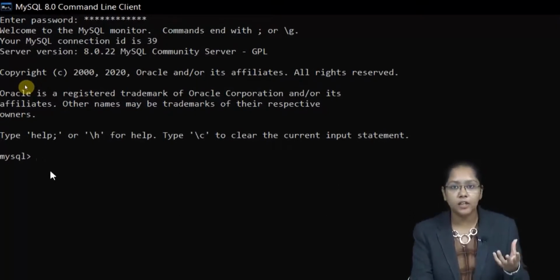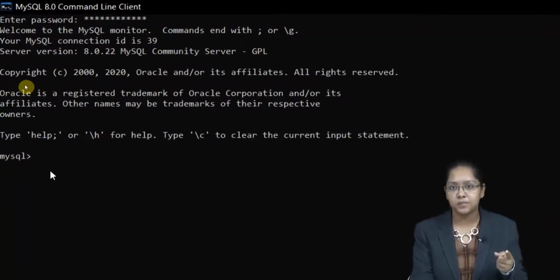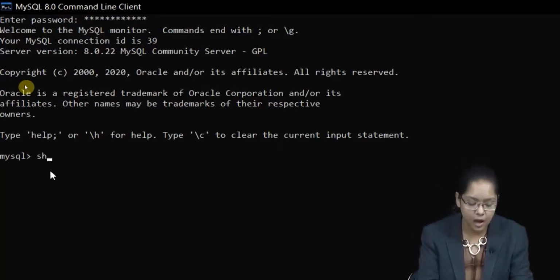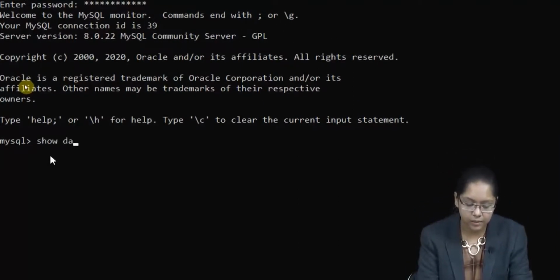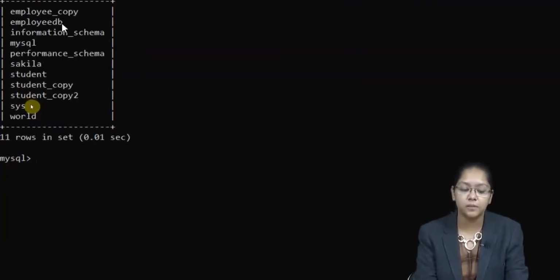If I don't have any database already created, then I have to create the database first, and only in that database can I store the tables. So first let's see how many databases are there. Show databases. These many databases are there.